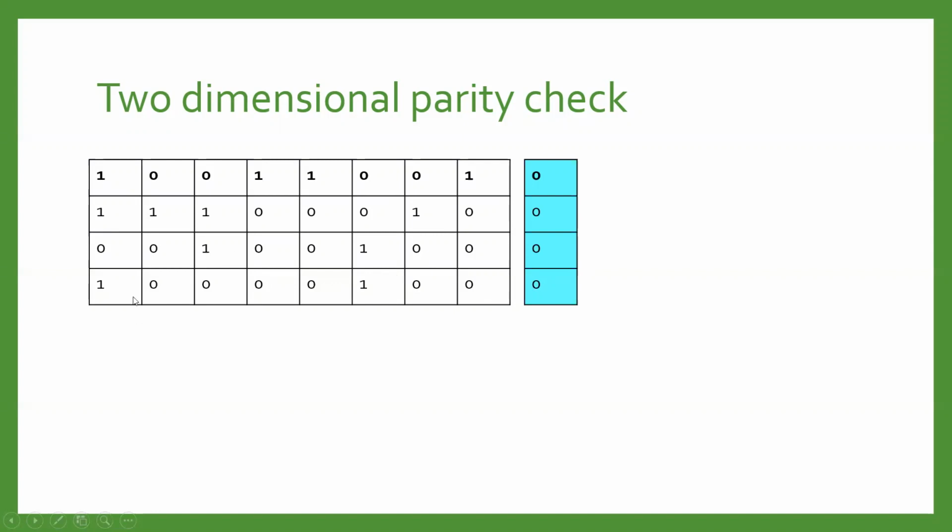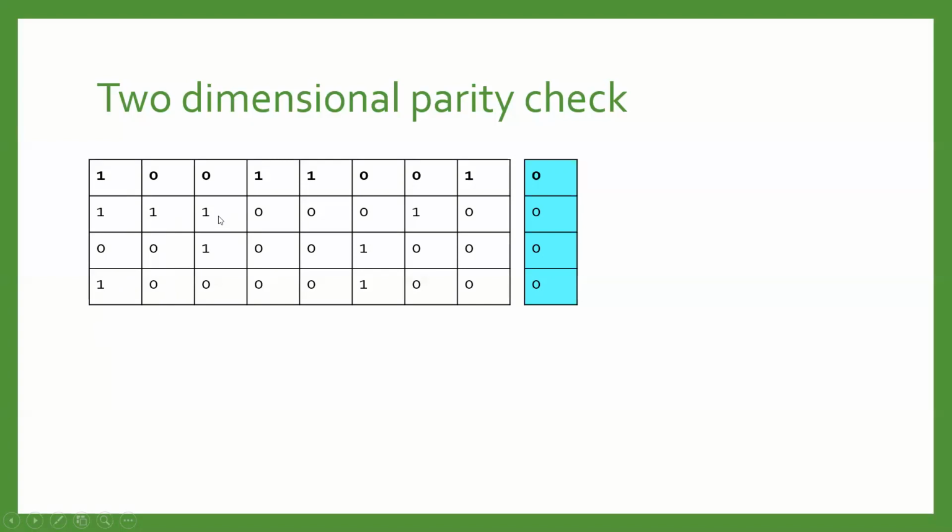Now we have to calculate LRC. How to calculate the LRC? We have to calculate it column wise. Let us start with this. How many ones are there in the first column? 1, 2 and 3. That means an odd number of ones is available. So we have to add the parity bit as 1, so we can maintain an even number of ones in the particular column. So our parity bit will be 1 here. Now check the second column. Only one 1 is there. That means odd. We have to maintain it even, so we add 1 over here. So total 2, even. So the parity bit will be 1.